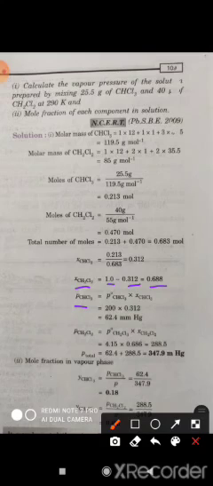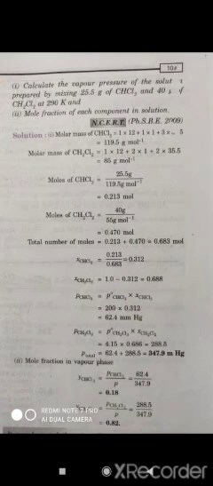Now we'll be finding out Pa. Pa is equal to P naught A xa. Listen here, I am telling A because CHCl3 I have taken as the A component and this I have taken as the B component. So Pa is equal to P naught A xa. P naught A is already given in the problem, that is 200, and xa we have found here, so that value is taken. While multiplying this, we got Pa.